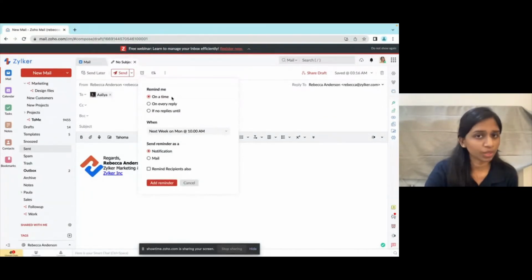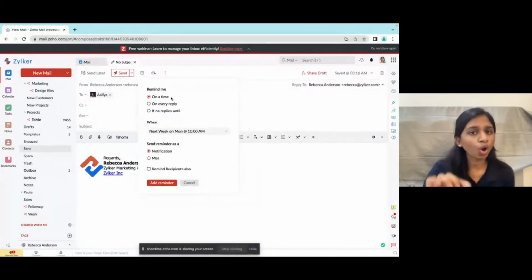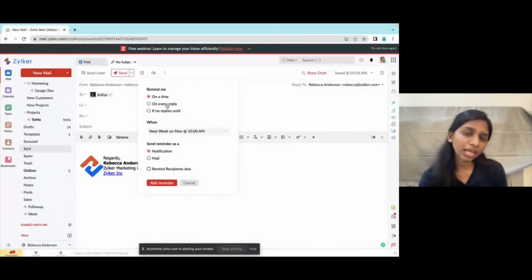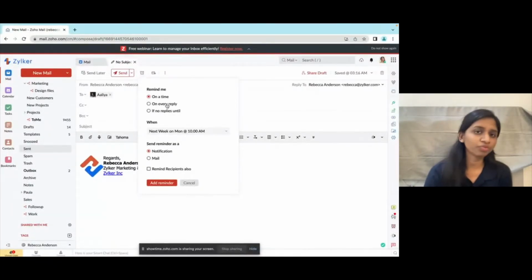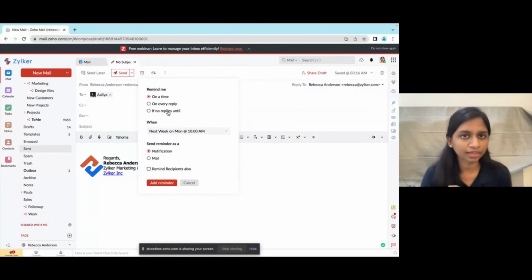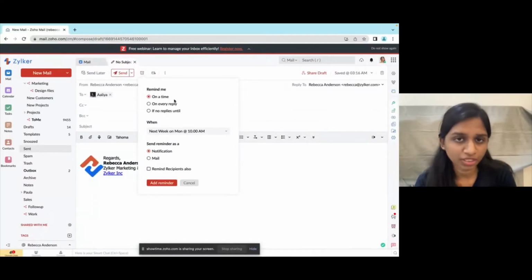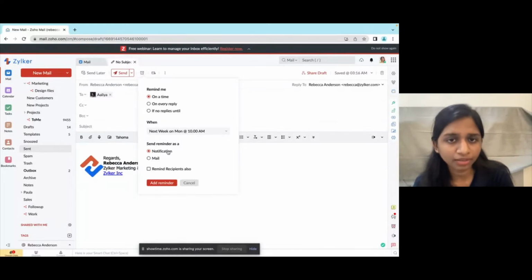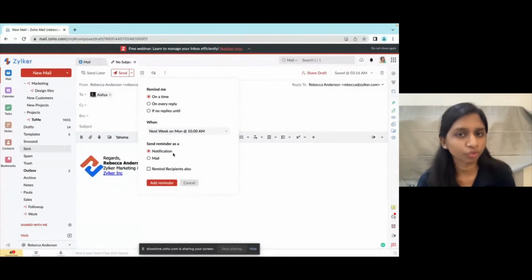What are all the options available for us in the reminder? On a time, on every reply, which simply means after you send the mail, on every reply this mail gets, you will be reminded of it. And then you have, if no replies until, so you can specify a time. Until that period of time, if this mail is not being attended to by the recipient, then again you will be reminded of this particular action. So those are all the options that you can enable from here using this reminder, and you will be notified in the form of notification